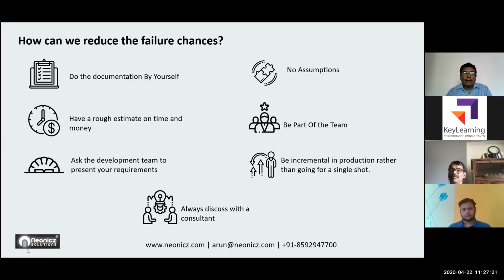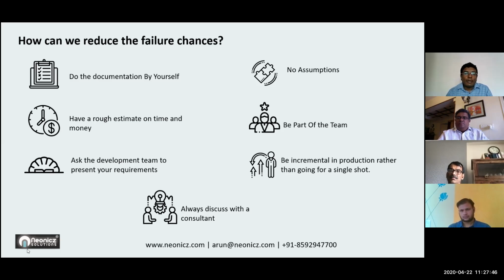Once there was a requirement that came, they needed a registration form. They just mentioned to the developer that we need a registration form. So he made a registration form with an email ID and a password, or a date of birth, with some basic details. But the client actually wanted a cross check of whether the person has already registered.